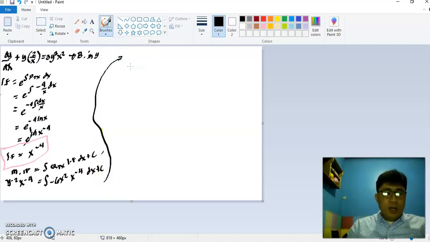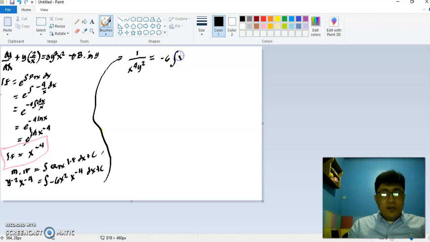So from here, because this is y raised to the power of negative 2 and x raised to the power of negative 4, we could say that is 1 over x raised to the power of 4 y squared, right? This is x raised to the power of 4, which is this one, x raised to the power of 2, which is this one. That is equal to the integral, we move the 6 outside,